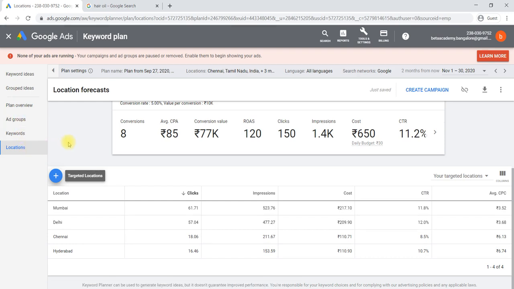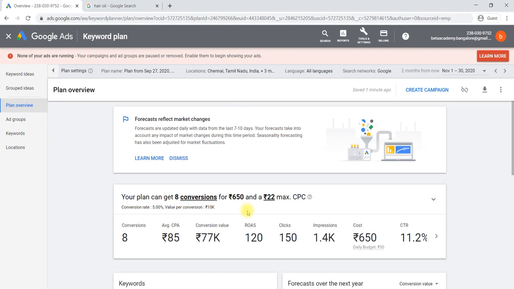Once you have analyzed, you will have some idea of which cities I need to target, which keywords I need to select, which ad group has to run first, and which type of ads I need to run first. And how much budget I need to execute the entire plan. You will be able to understand these things by using a keyword planner.